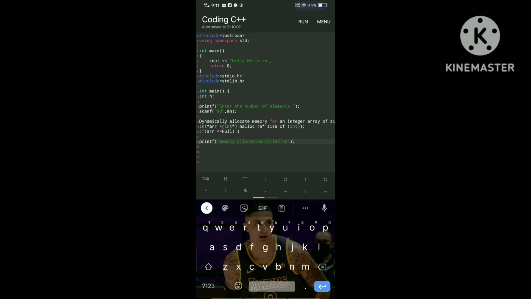So, if the memory allocation was successful, the program prompts the user to enter n elements for the